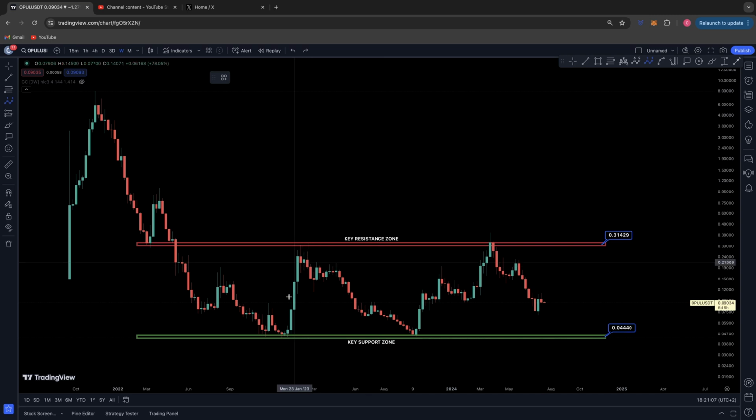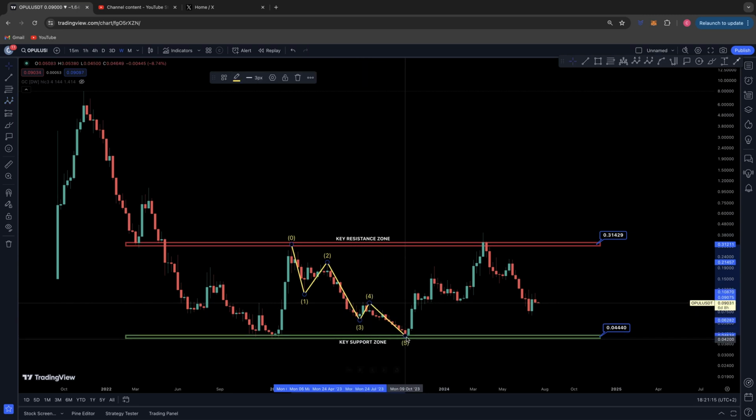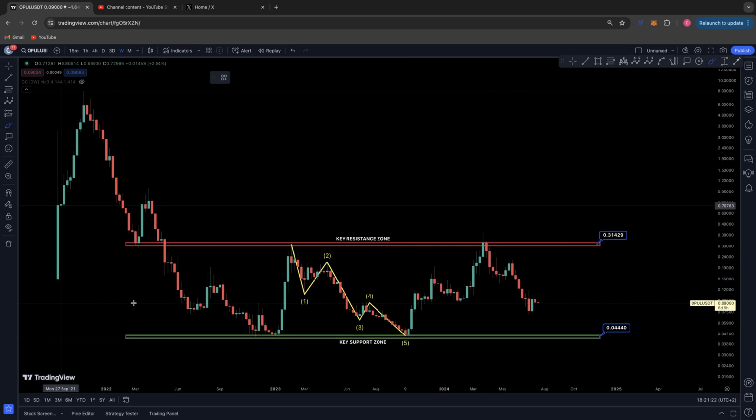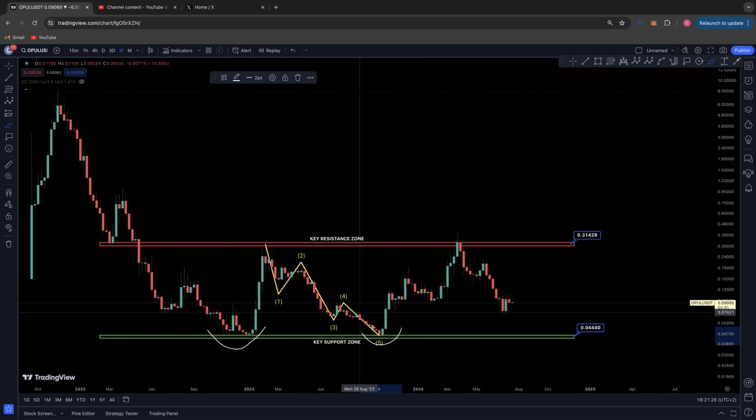works in waves. Okay, so we had this really impulsive wave up to resistance. From this resistance point, we had another 5 wave correction here where we had a third point of contact on this trend line, okay, at 0.04. So initially what we've had now is 2 large bottoms, or a double bottom off this point of contact. Now what would have been nice to see is that on this way up here in this impulsive move,